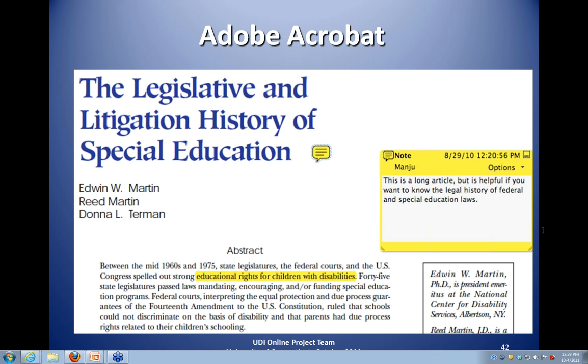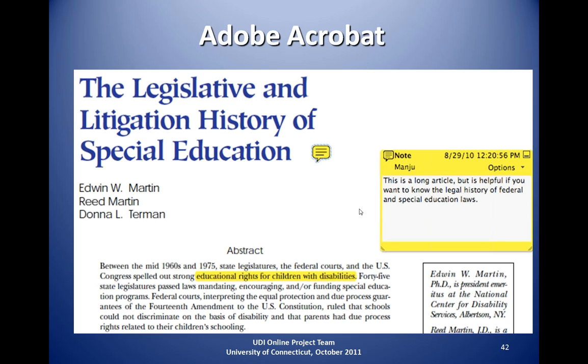One last question about Adobe Acrobat. Do you have students insert comments on the same document or on a separate version of the document? The document is posted on the course website, and then the students download that with their name on it, and then they embed their comments and then submit that on the assignment section of the website. All right, the next slide.